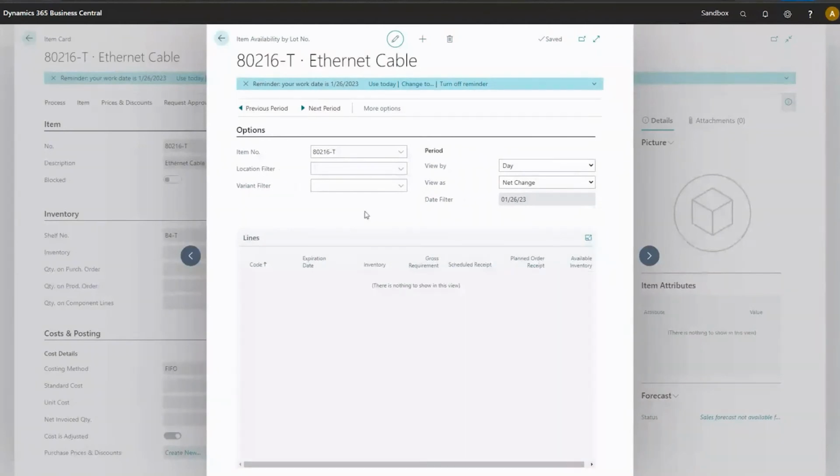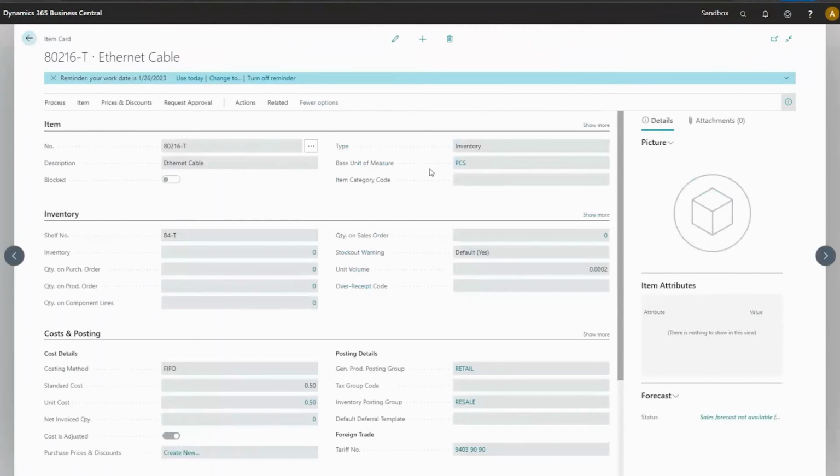Unfortunately, I should create some entries for it, but it was the idea of the demo to create this kind of entries, but time is a bit limited. So basically, we now have availability by lot, and it's really neatly displaying us all the availabilities, including lots,